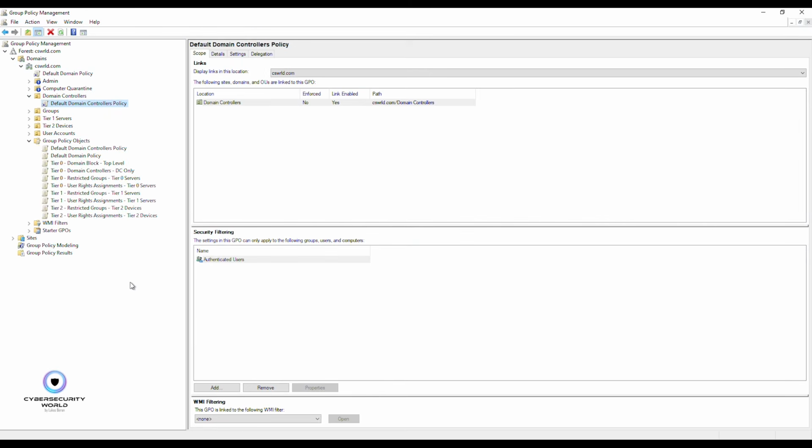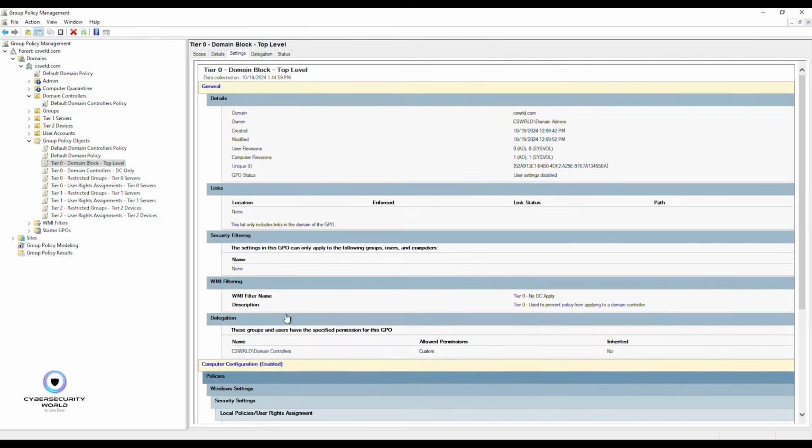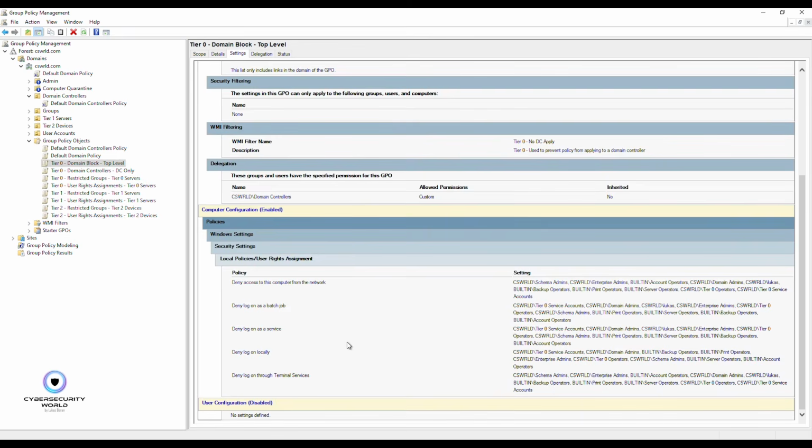But let me expand this. I have a super simple structure of GPOs created here. I have 4 GPOs for tier 0, 2 for tier 1, 2 for tier 2. Domain block top level simply blocks access for anything that belongs to tier 0 to anything other than tier 0. This GPO would be linked to the root of the domain,